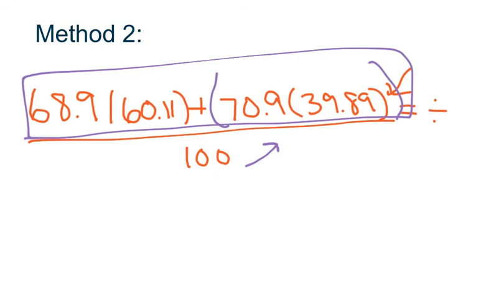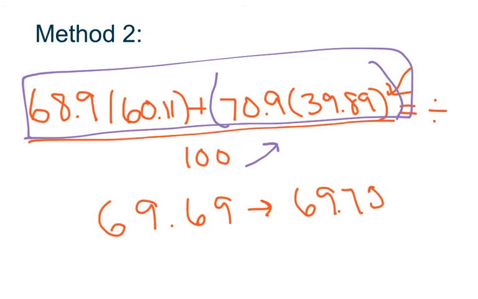If you did this, once again, you would get the exact same answer as with method number 1, so it would be 69.69, rounded once again to sig figs, 69.7 grams per mole. So the difference really between these two methods is, do you divide each percentage by 100 initially, or do you just divide the whole answer in the end by 100 to get your final solution.